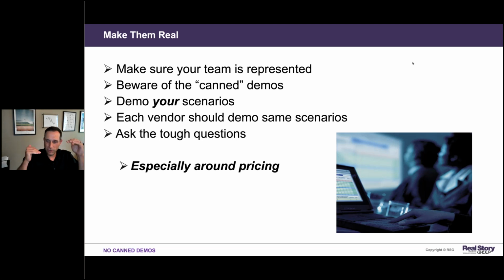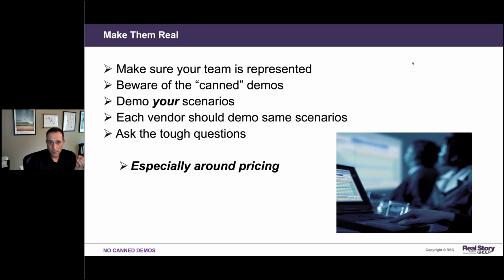And then you want to really make sure that you lay out these demo days, so that the vendors are not just coming in and doing the same demo they give at conferences or give to the client that they pitched yesterday. Instead, you want them to demonstrate the scenarios that you wrote in a prescribed order, so that your team can compare apples to apples to apples. And that makes a huge difference as you're trying to make sense of a very complicated issue here.